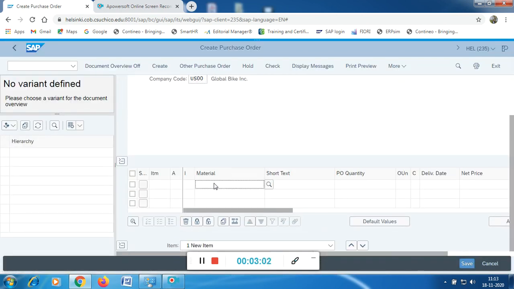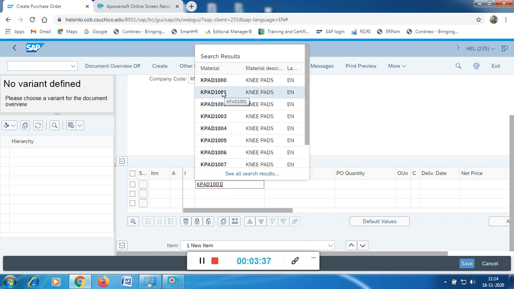Scroll down. Here initially we have to take the materials for which we want to do the warehouse management, which we want to transfer to the storage location. This material does not exist in stock; as of now, the stock of this particular material is 0. What are the two materials? We'll take two safety materials used during cycling or biking: a knee pad and an elbow pad. The code for knee pad is KPAD1 followed by the 3-digit number. This material already exists for each login.